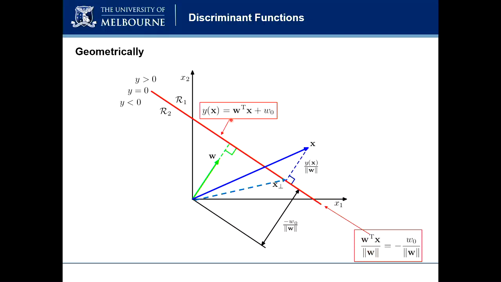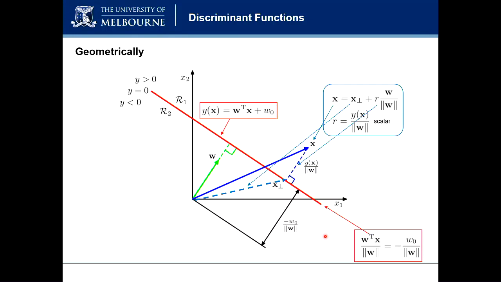When y of x equals 0, I can take omega 0 to the left-hand side, it becomes minus omega 0, and then I can divide both sides by a fixed quantity, which is the norm of omega. So I have this equation, right? So I can obtain that. And as I mentioned, x is the sum of two vectors. One is the orthogonal vector plus the distance to the separating hyperplane,